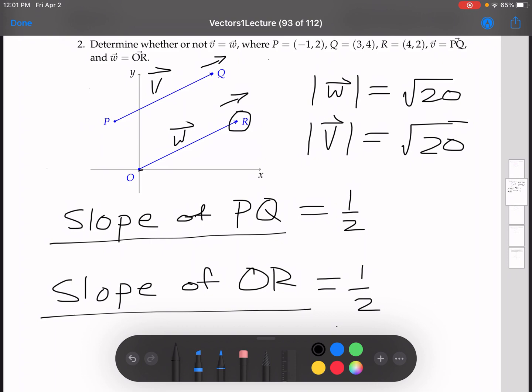Right? So in fact, V and W have the same magnitude, root 20, and they have the same slope. And they both point like so. So we would say that yes, V and W are equal. They are the same vector. They represent the same